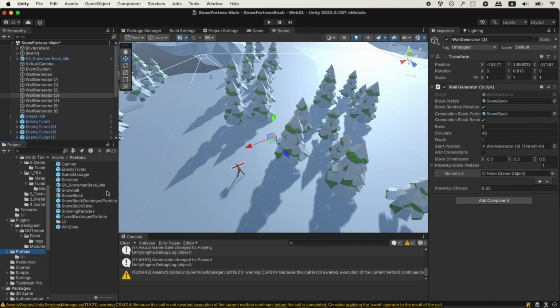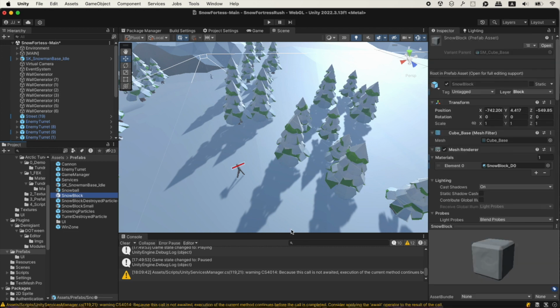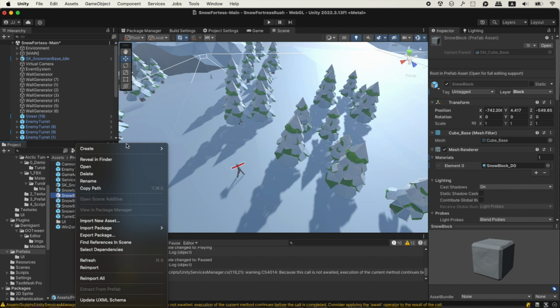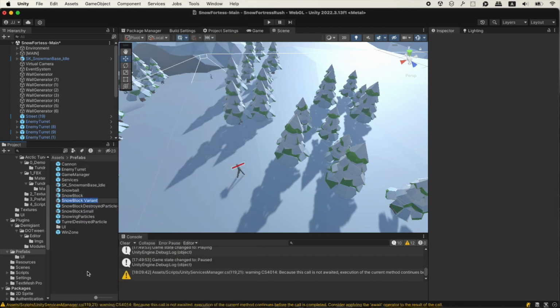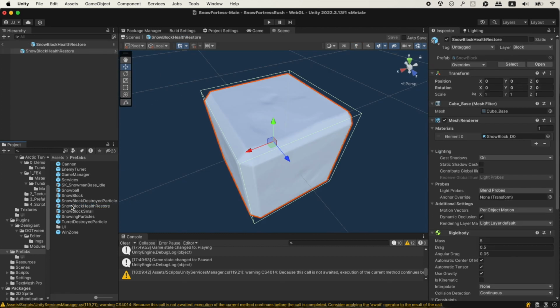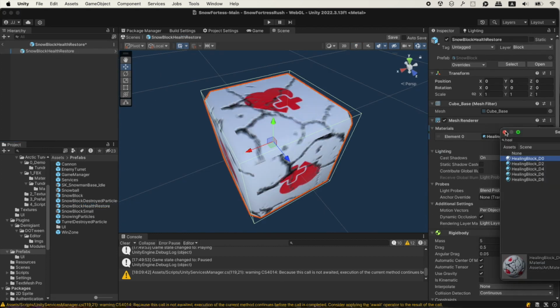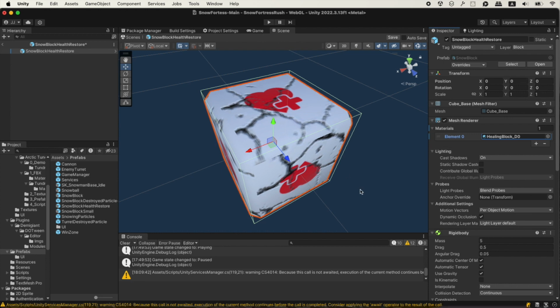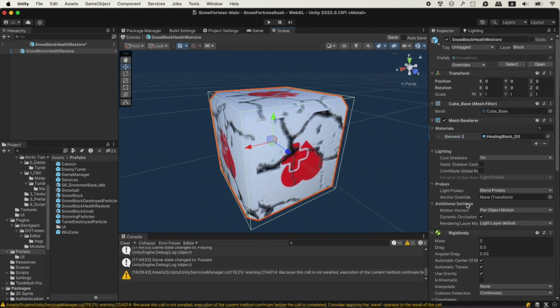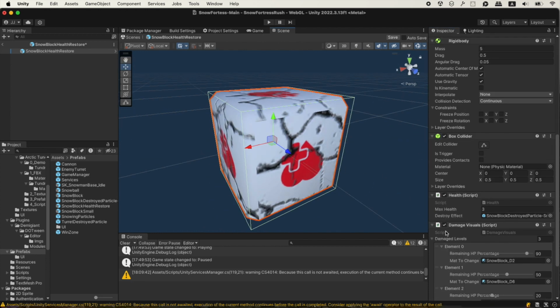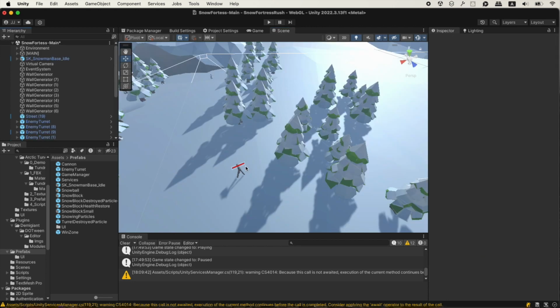And to create the power-up block, I'm going to take a regular block and use that as a base for the prefabs. So let's create a prefab variant for this. And this is going to be our snow block health restore. And for now, let's just change this visually. And we've got ourselves our health block material right here already that we've generated for Snow Fortress 2. Okay, so we don't have any functionality for that block, but it's just so we can see whether the generation